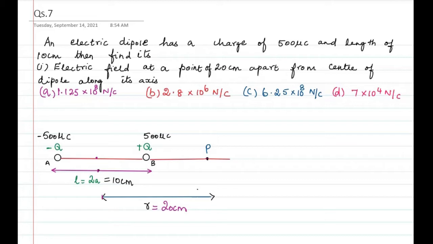So at this point P, the electric field due to this positive charge will be along in this direction. And the electric field of this negative charge will be along in this direction. So both will be of equal magnitude but opposite sign. So now we know the formula for electric field